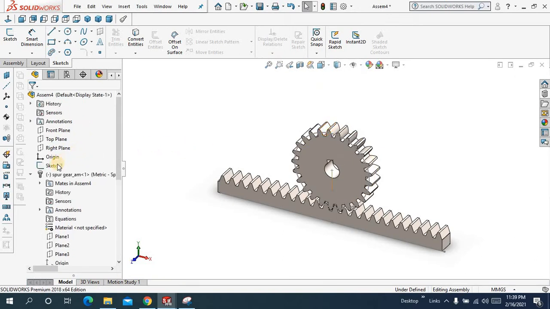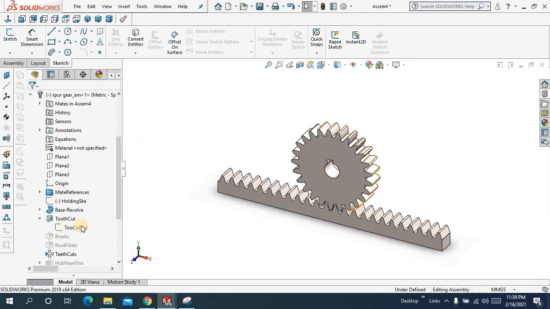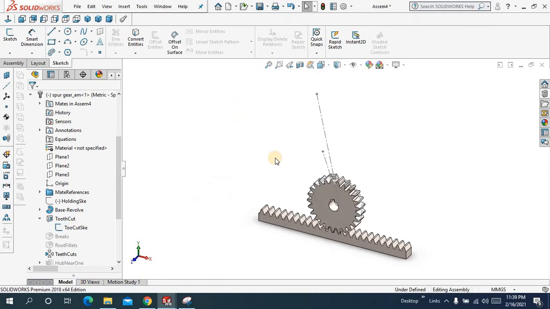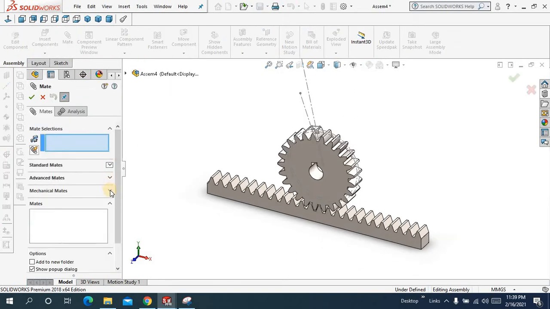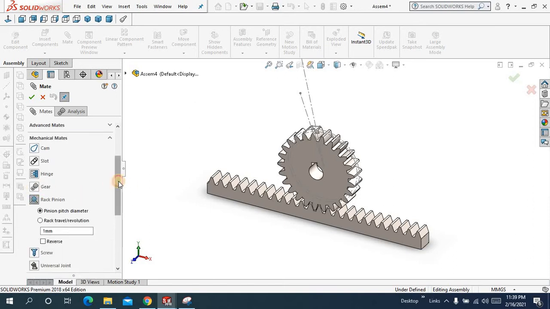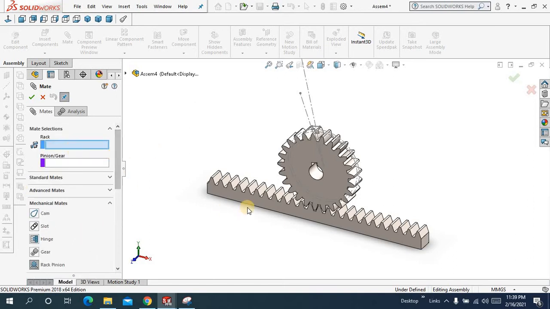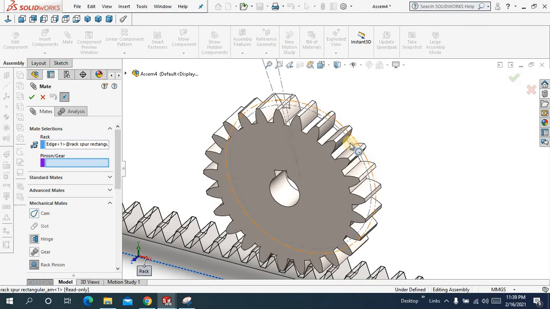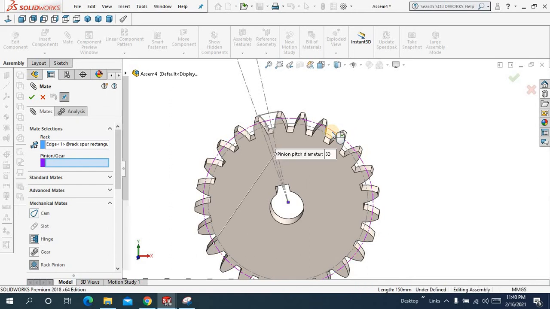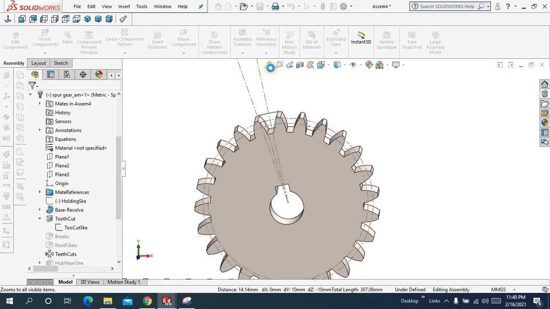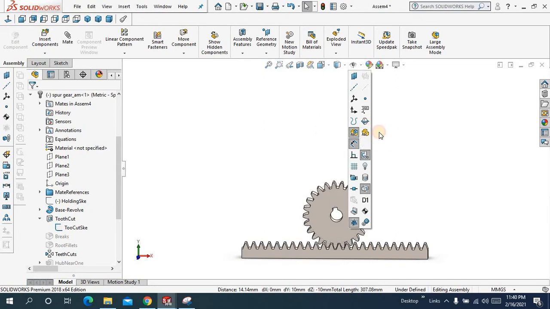I will come to the sketch, let me hide it, and again I will come to quick cut, make visible, and this time I will come to mate and rack and pinion, and after that, for rack I will select this lower edge, and for pinion let me select this pitch circle, this outer pitch circle for now. Okay, again say okay, hide all the sketches,